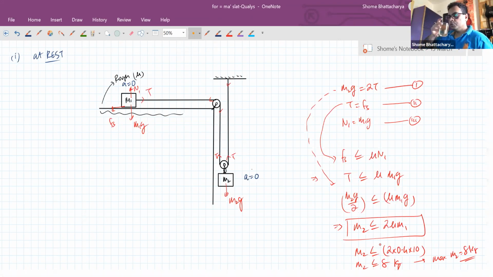So hope this is clear to all of you people. Yes, sir. Very good. Okay. Great. Now work out the second part where obviously there will be acceleration because we have taken the mass